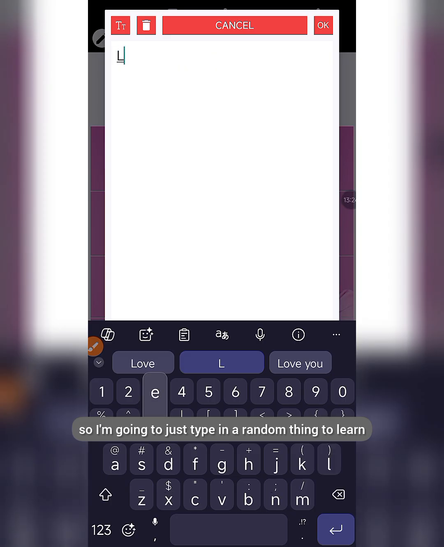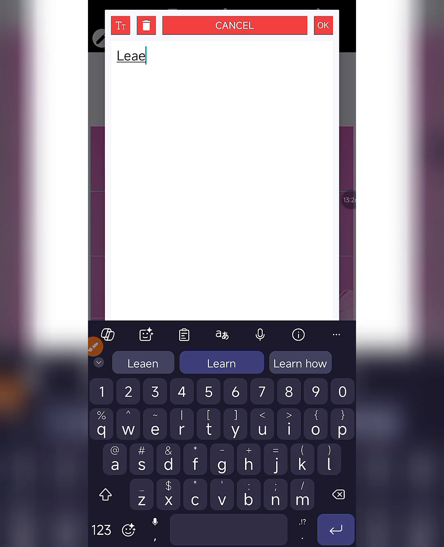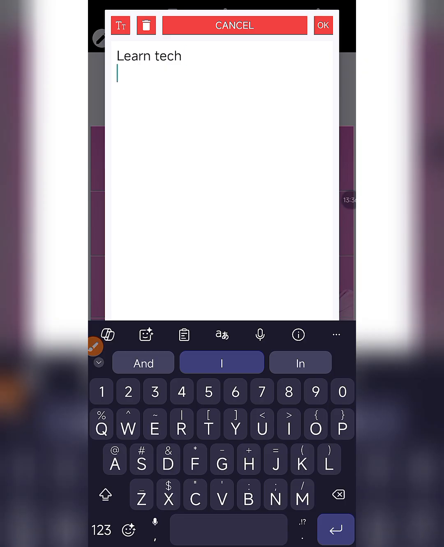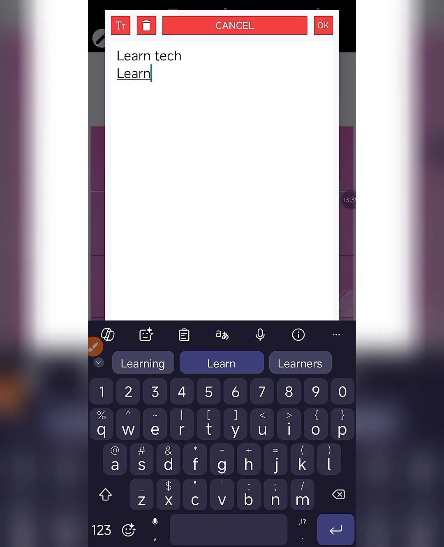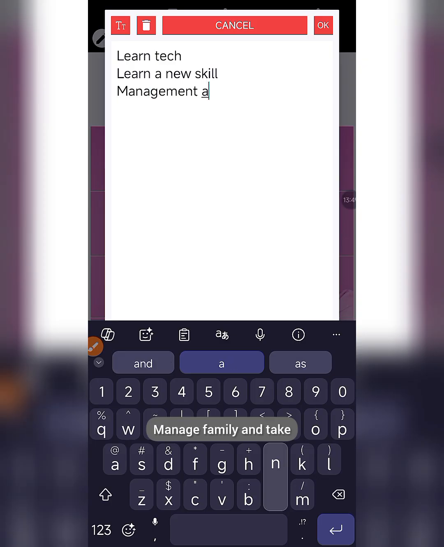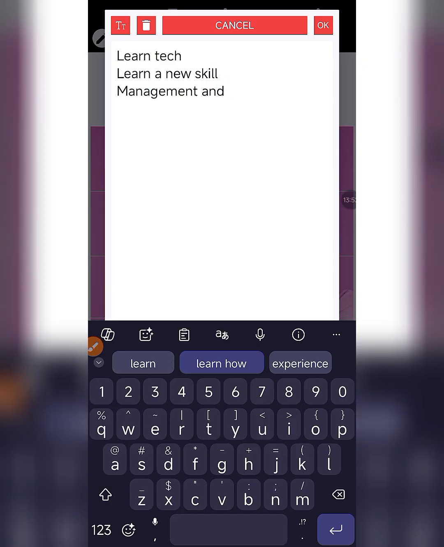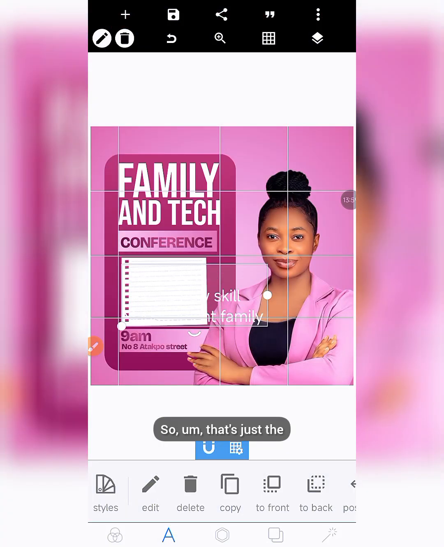Okay, so I'm going to just type in a random thing to learn. Learn tech, learn a new skill, manage family and tech. So that is just the